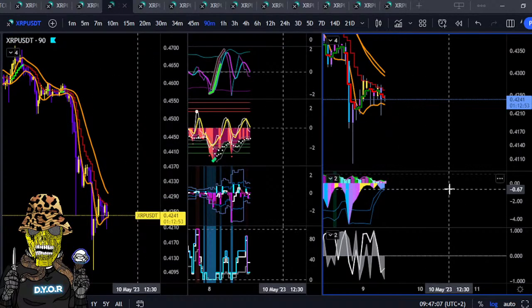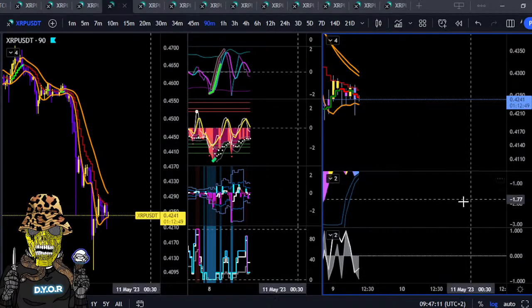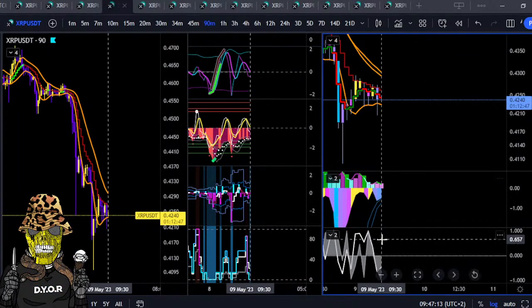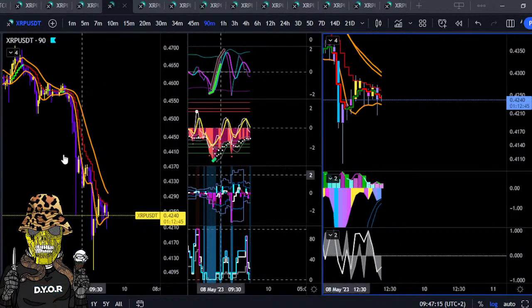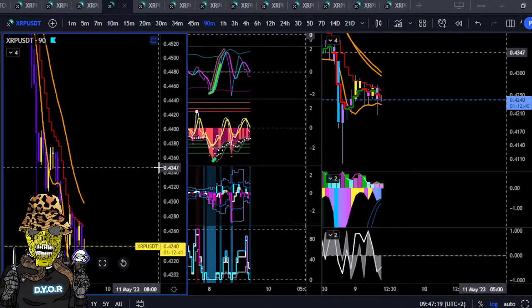Let's go see if there's anything on the data sets here that are going to turn XRP around. Not so much. This is a 50-50 call. DLP is looking for continuation. Alright, so on the 90 minutes,